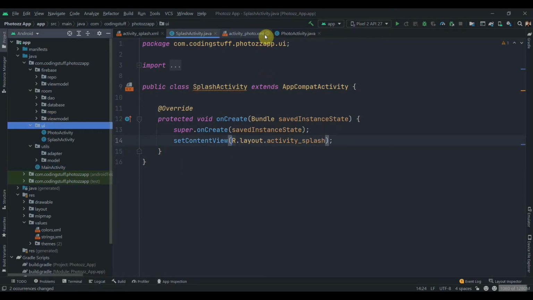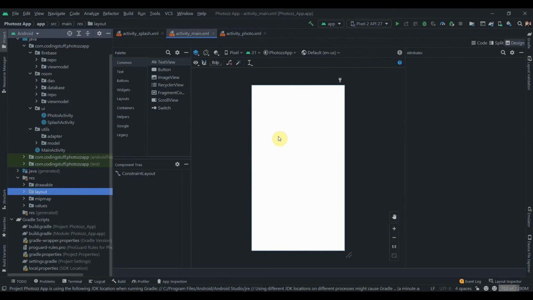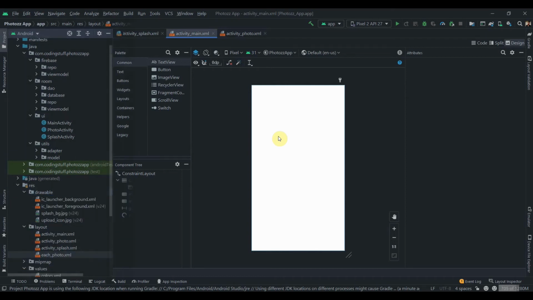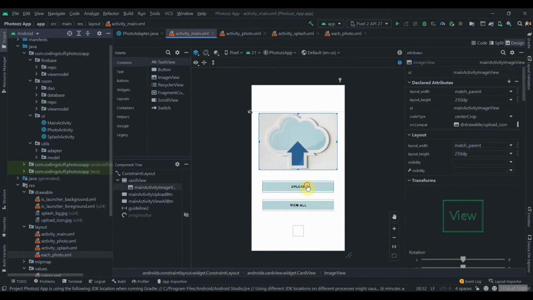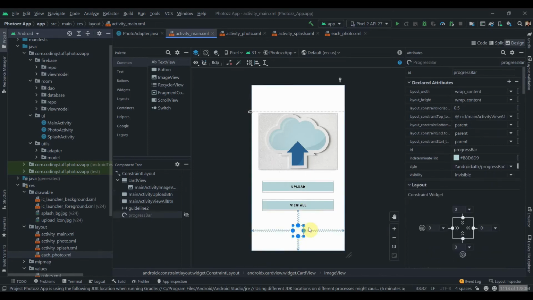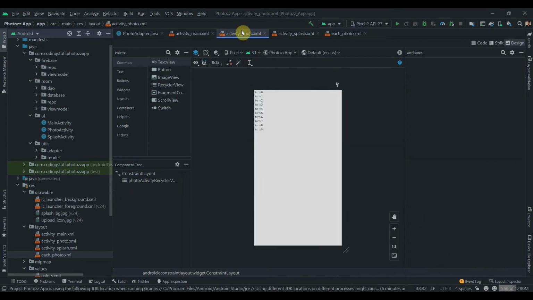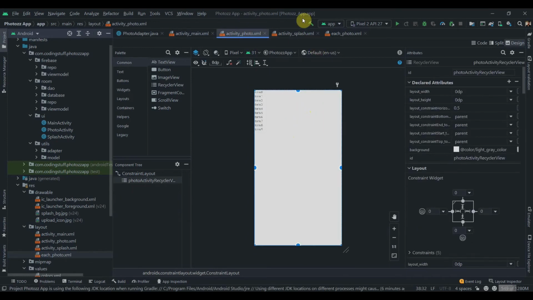So yeah, close this. What I'm gonna do now is just copy paste the design in here, because it will take time and it will just increase the tutorial time, and our channel is more focused on code and less on the UI. Anyway, you'll get this code in the description box, so you can directly copy it from there. So I have created the layouts. Just an image view, upload button, view all button, and then the progress bar, which we make invisible for now. Then inside the activity photo we just have the recycler view,